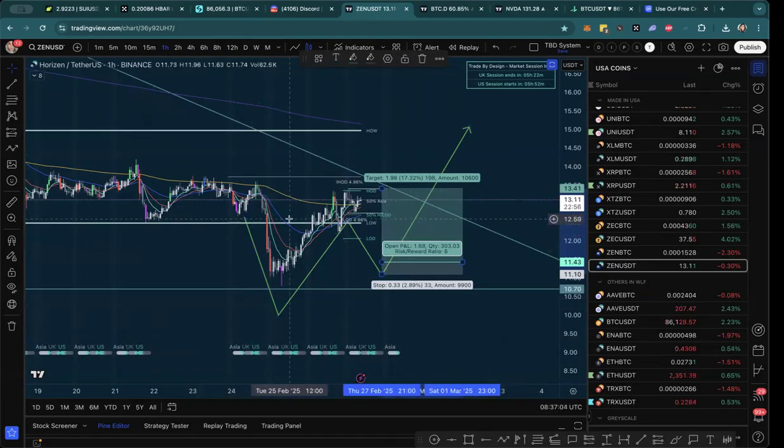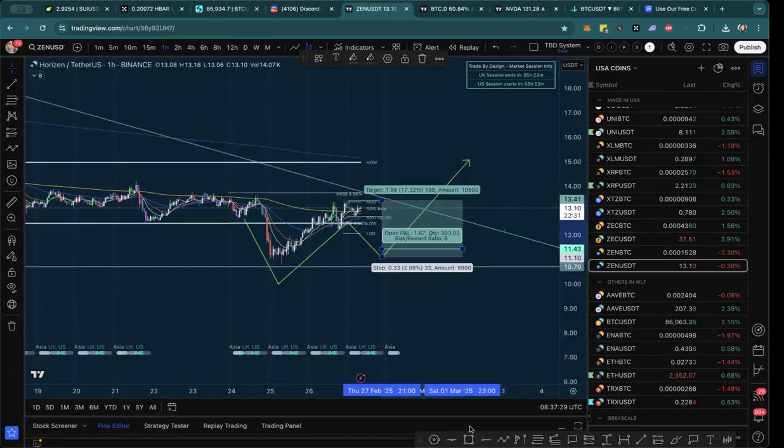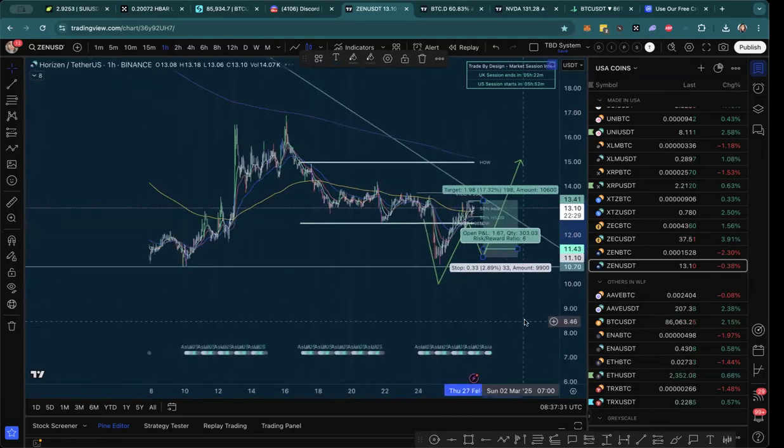Now, this isn't the best example because by the time it retraces all that way on the 1 hour time frame, it's not a day trade. That won't happen today. But I'm just showing you as an example. More ideally, you would look for this structure. If you can identify that something is at a 4 hour key support, you would look for this on a 15-minute so that you can get yourself just a little day trade back to the trend line because you never know if it starts to feed up later.